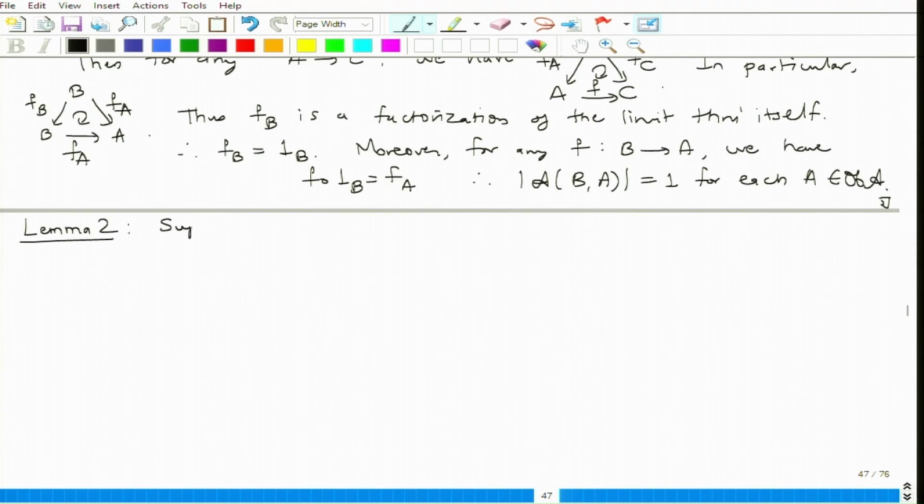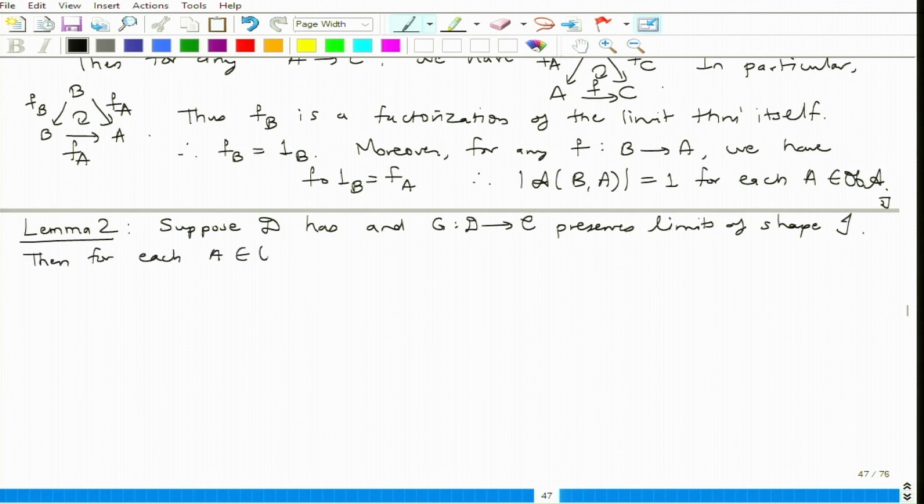So suppose D has limits of shape J and G from D to C preserves limits of shape J. Then for each A in the objects of C, the arrow category A arrow G has limits of shape J and the forgetful functor